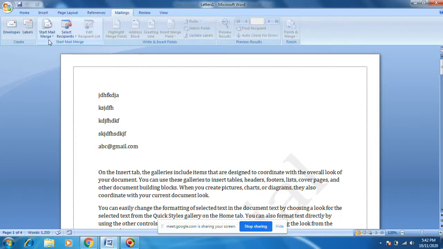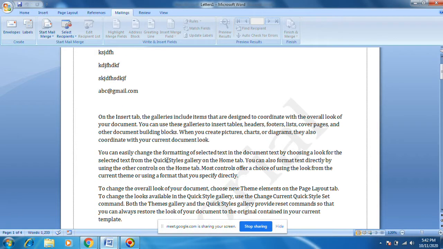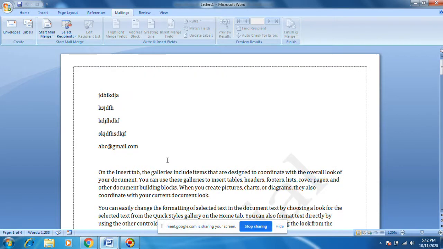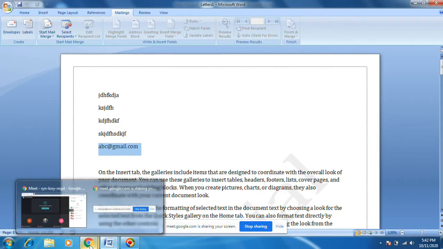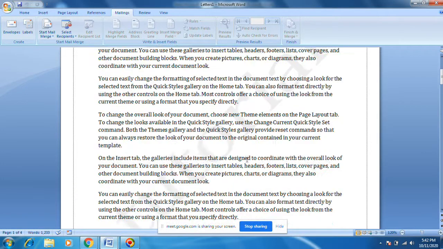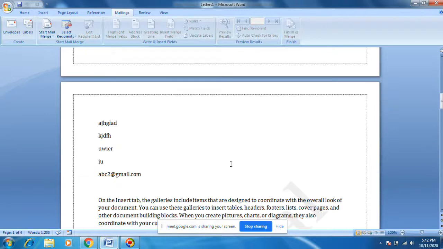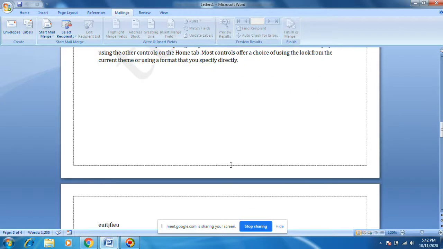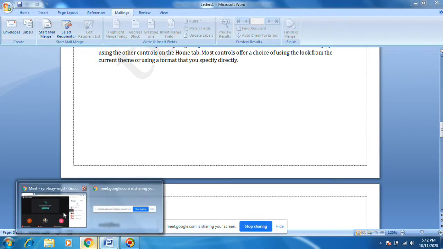Of course, right now people are using emails. Once, some 5 or 10 years ago, people were using this mail merge to send different letters. Right now post offices are empty because we are getting emails.